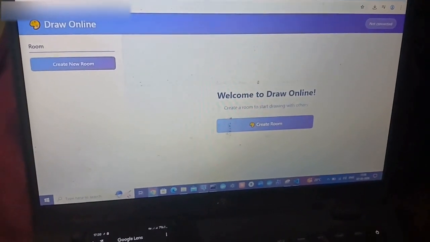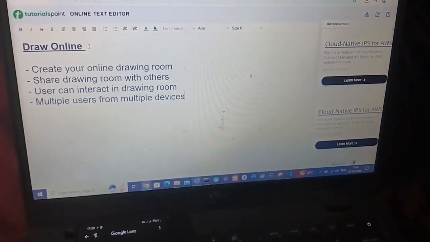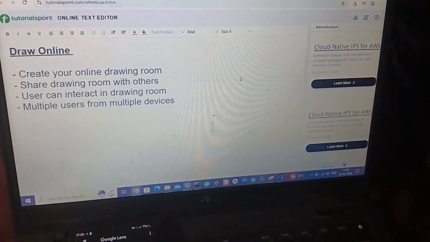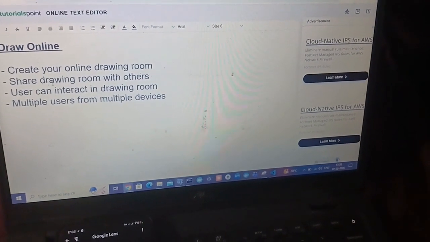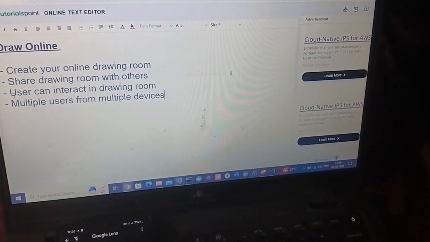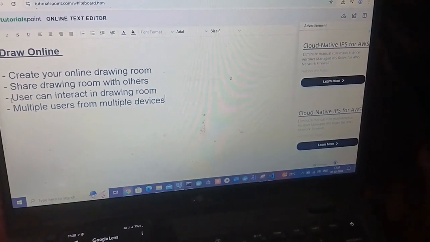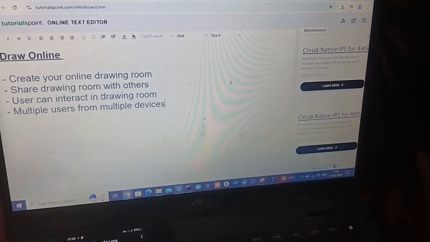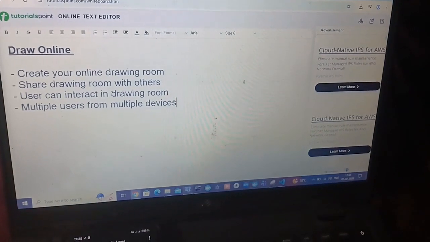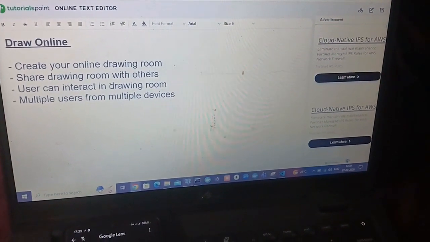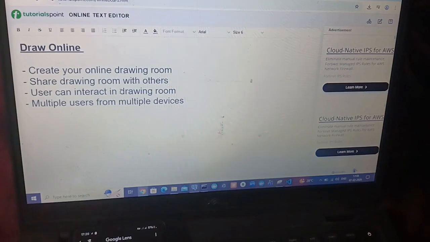Hi everyone. So this is the interesting project. This is the drawing online project where I can create my own drawing room and I can share and invite others in the same drawing room, and users can interact with multiple devices in the same drawing room. And drawing room is nothing but where the admin or the user who has created that drawing room can share with others, and multiple users from multiple devices can access that URL and draw in the same